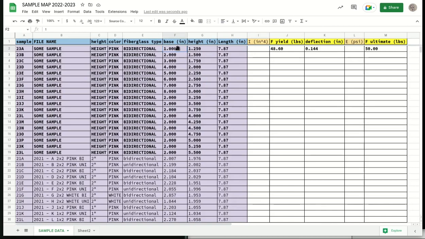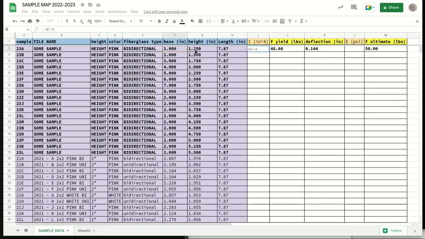So here we have the base and the height of our sample, and I put in some fake numbers here so we could see how this works when you copy it down. I'm going to start a formula here in this zone. If you watch in this box right here, you'll see the formula show up. So equals, and I'm going to open a parenthesis. I'm going to click on the base for that row,